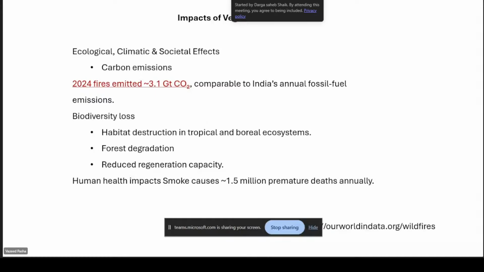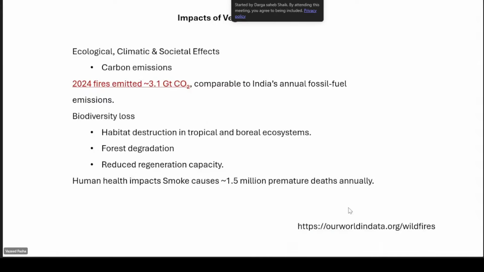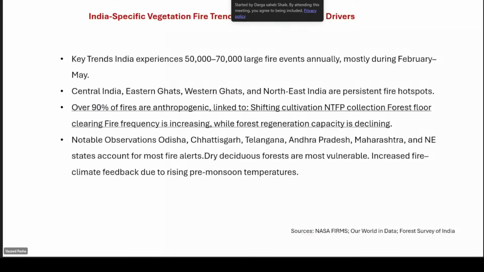It also creates smoke; around 1.5 million premature deaths happen annually according to world data. These are the negative impacts, so it is very important to understand the trends and trajectories of forest fires in the world, including India.